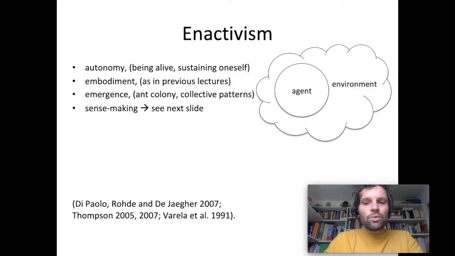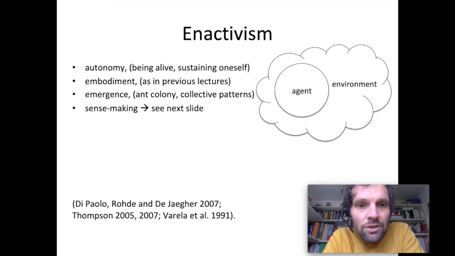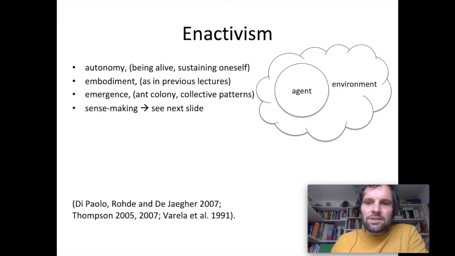So to begin with, enactivism is a theory that is originally a biological theory on how the living cell, so the unit of the cell in the biological body, is a sort of autonomous unit, but it creates its own autonomy by constant interaction with the environment. So it's kind of a stable system that maintains its stability by ongoing interactions with the environment. I've already shown this picture of the agent in the environment last time. And so you could say that by constantly exchanging interactions with the environment, the agent is maintaining itself. It's maintaining its boundary